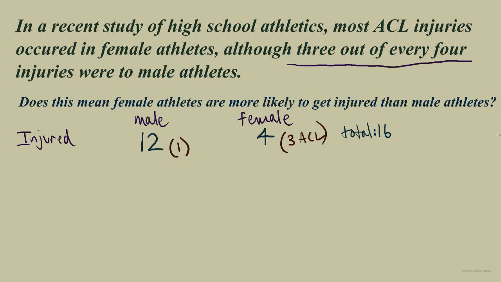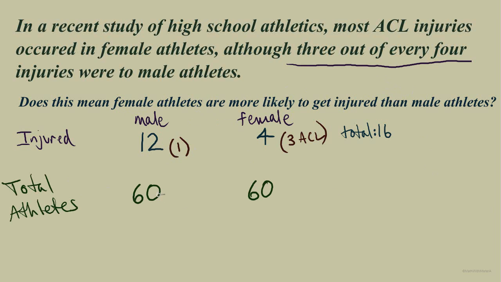Well, one important piece of information that's missing would be a reference value, some number that represents all the athletes, or all the males, or how many females. We don't have any information about exactly how many of any of these groups. So it's actually possible to create scenarios to illustrate that men would be more likely to be injured, or also that female would be more likely to get injured.